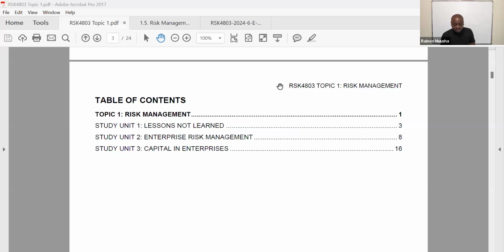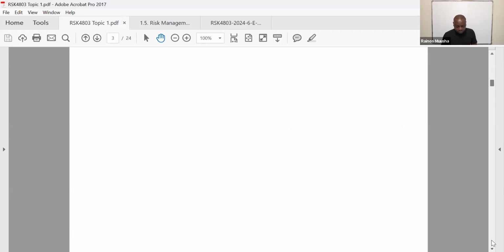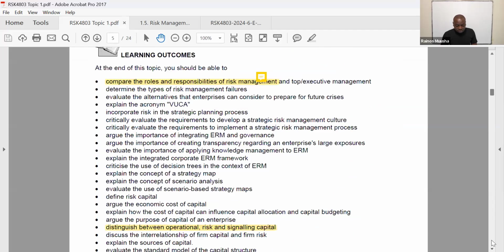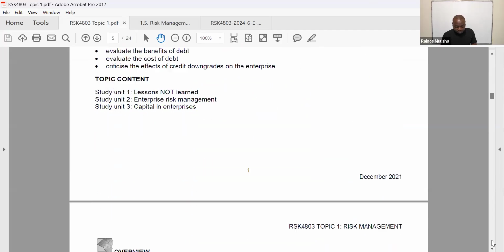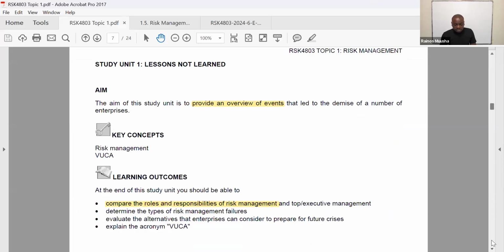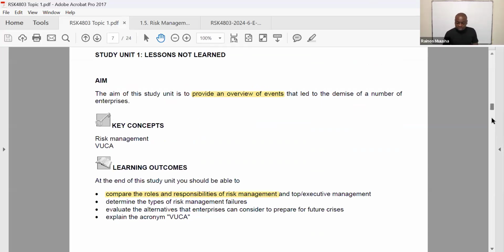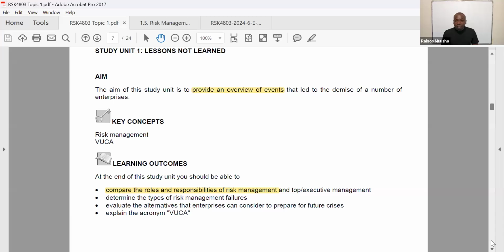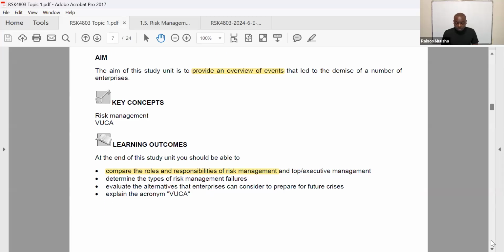So if you check in Study Unit 1, they give us lessons not learned. And if you check under this section, the lecturer says the aim of this study unit is to provide an overview of events that led to the demise of a number of enterprises. So we need to look at and learn about the events that led to the demise of a number of